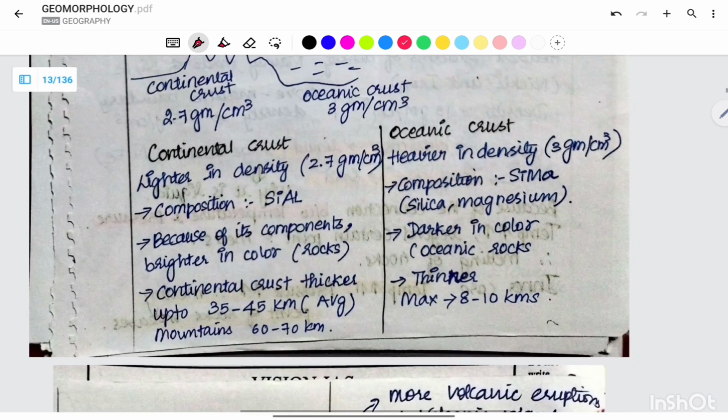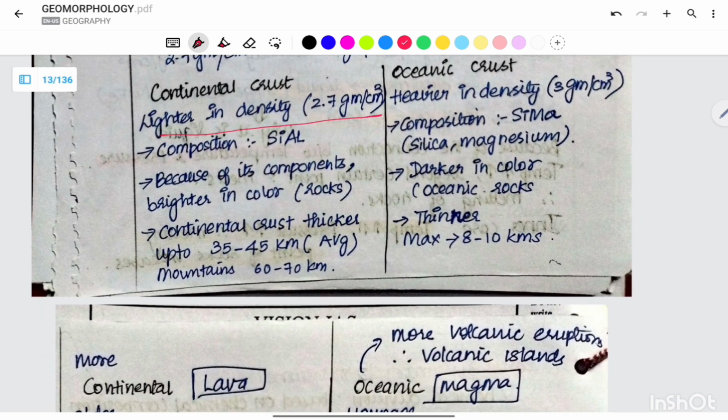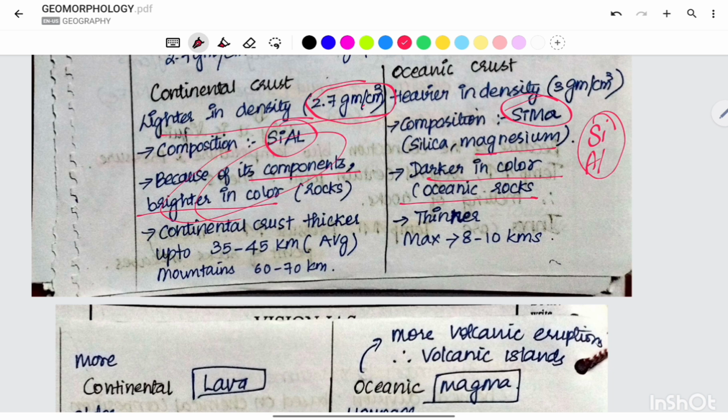crust, which is below the water. Continental crust is lighter, at 2.7 gram per centimeter cube, whereas the oceanic crust is heavier, at 3 gram per centimeter cube. Continental crust is composed of Sial and oceanic crust is composed of Sima. Silica and aluminum make the continental crust. Silica and magnesium make the oceanic crust. Because of the components, it is brighter in color, and here it is darker in color. Because of lighter components like silica and aluminum, it is lighter, brighter in color, and here it is darker